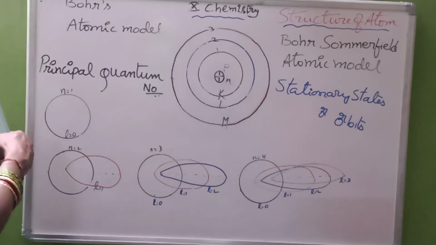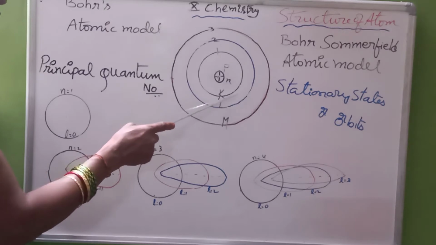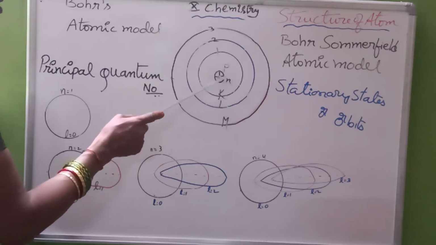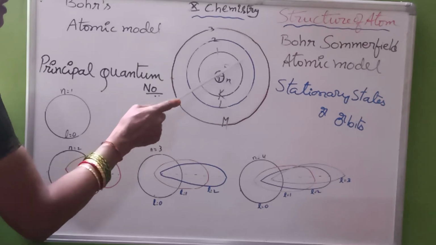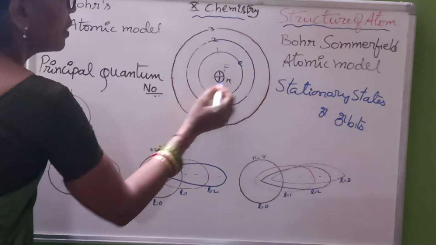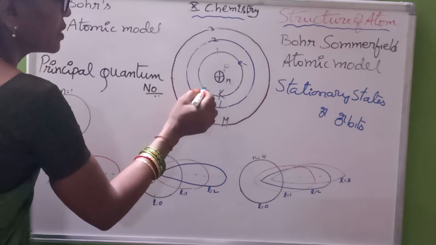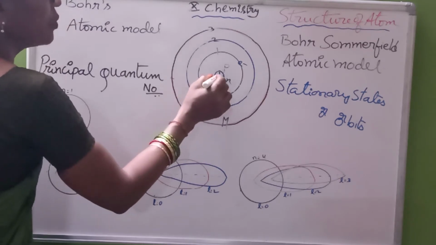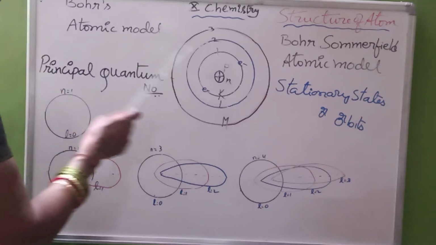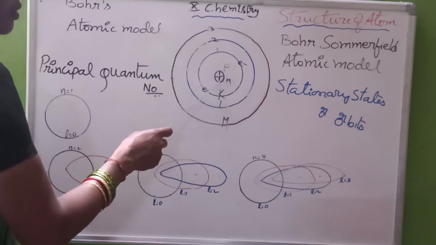Next, when the electron is revolving around the nucleus in a particular path, its energy is constant, because if you take the distance from here to here, and the electron moves to here, the distance is similar, the R value is similar. That is the reason. As long as the electron is in the same orbit, its energy is constant.